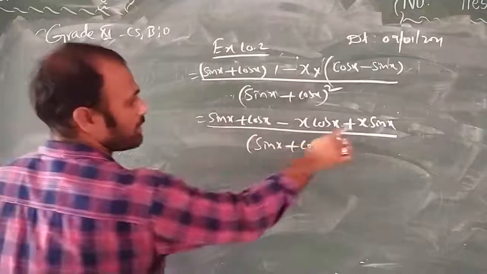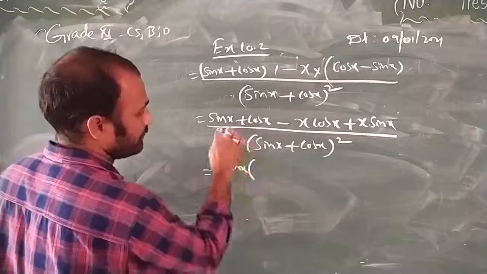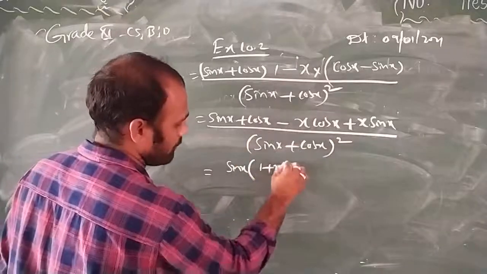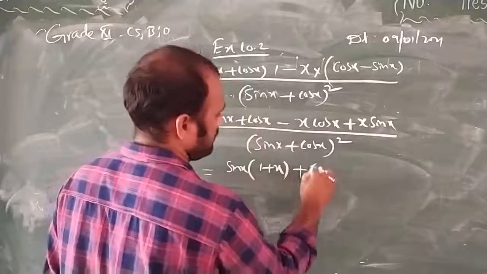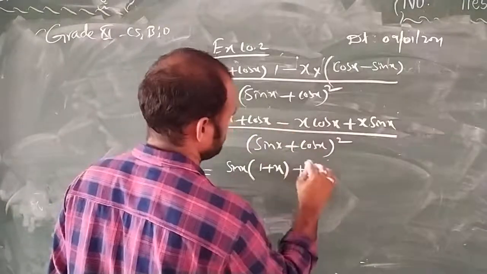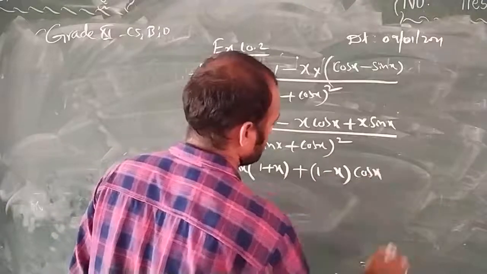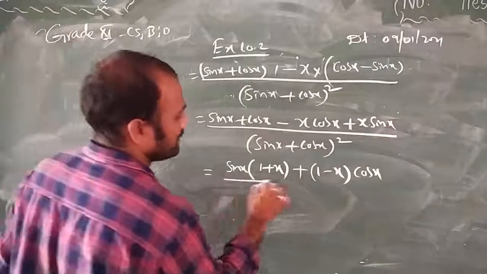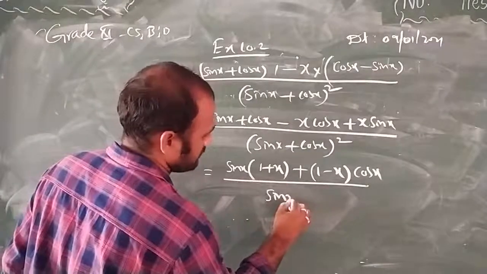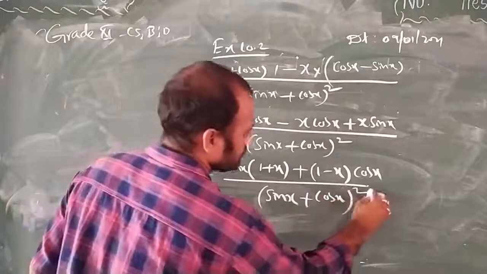So in these two we can take x sin x common. If I take sin x common, I will be left with 1 plus x. So plus, in this I can take cos x common, so we are left with 1 minus x, divided by sin x plus cos x whole square. So this is the